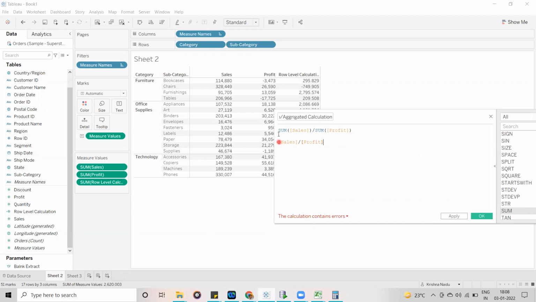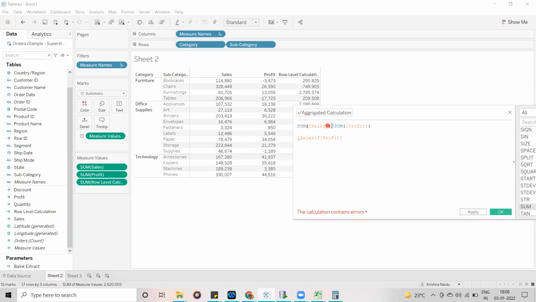Whenever you use an aggregation, either sum, minimum, maximum, average, whatever it may be, the calculation uses the aggregated data. In this case, for example, take bookcases. It is going to get 114,880 divided by minus 3,473, and then it gives this value.